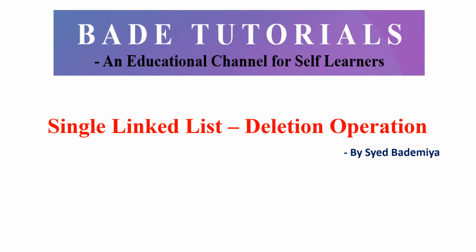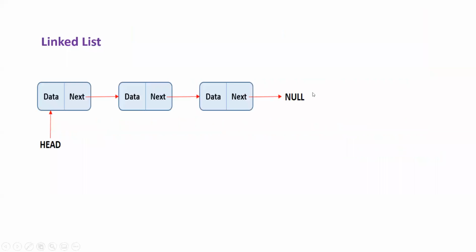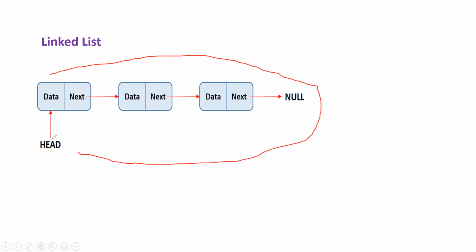Today we are going to see one of the operations of a single linked list, which is nothing but the deletion operation. In our previous video, we have seen the introduction to linked list and how to perform the insertion operation in the single linked list, right? As we saw in the previous video, this is the structure of a single linked list where